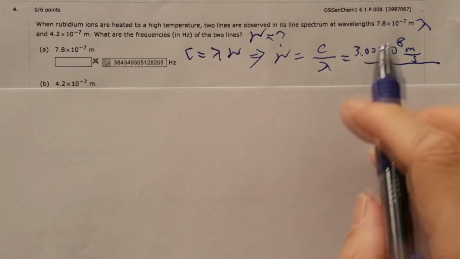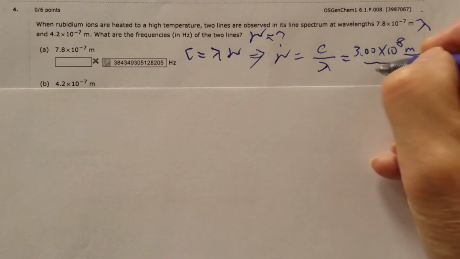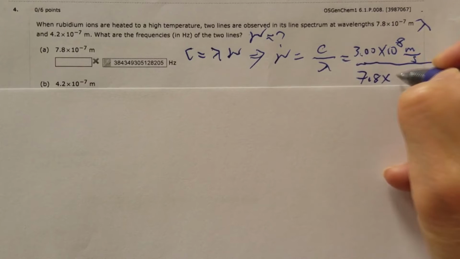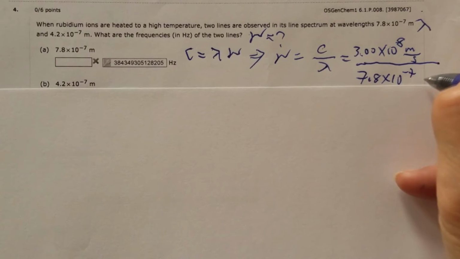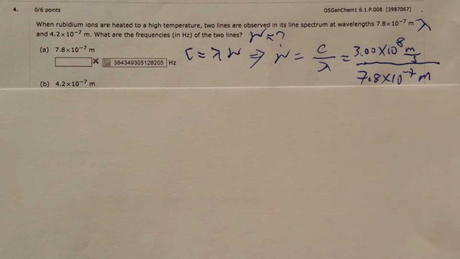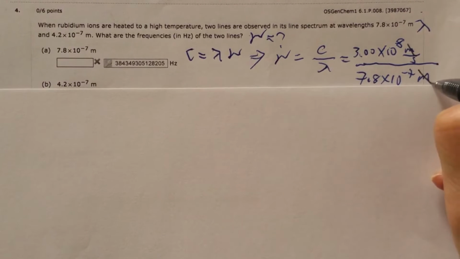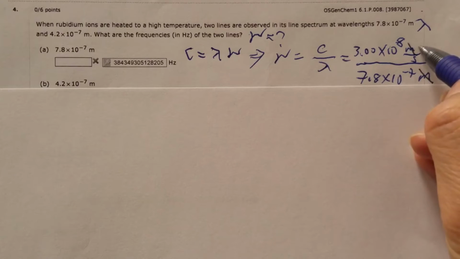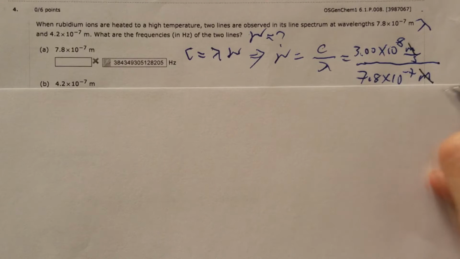So lambda in this case is given in meters. That simplifies the calculation, and that's meter. And now, as you can see, the meter on top and the meter on bottom, they can be cancelled. So therefore, the final answer should have a unit of 1 over s,